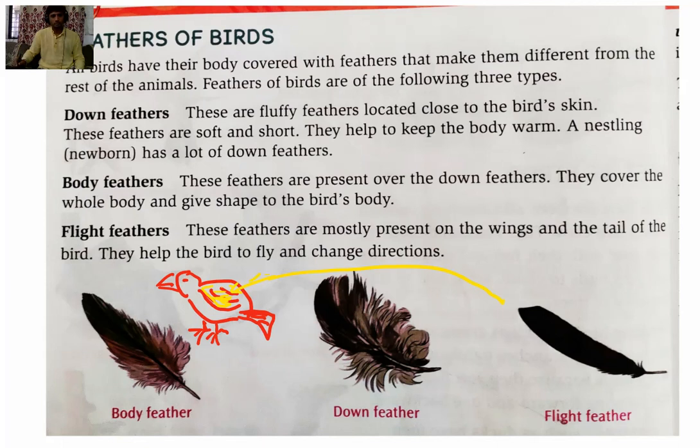These are its flight feathers. The tail also helps in flying, to change the direction. So this is also flight feather.